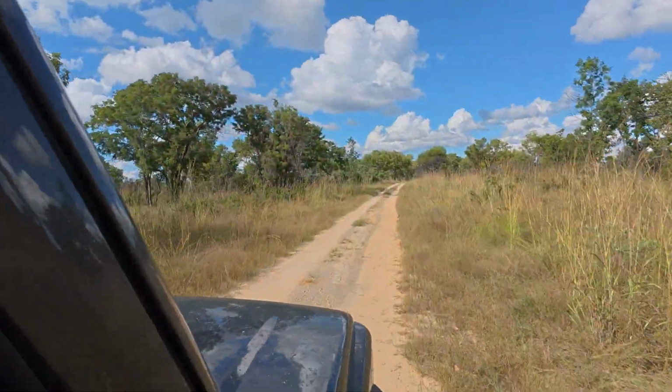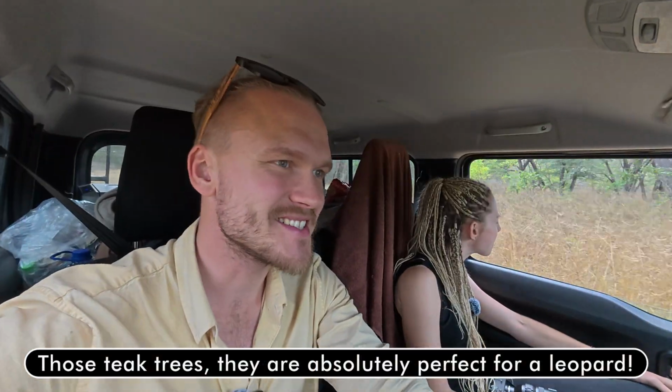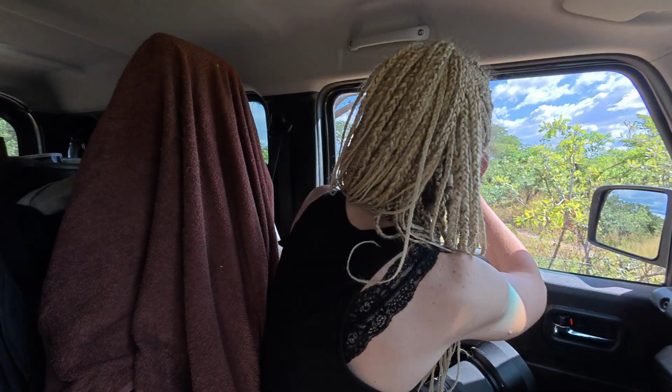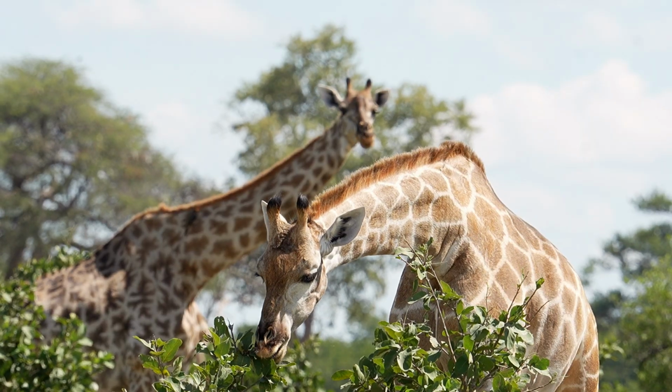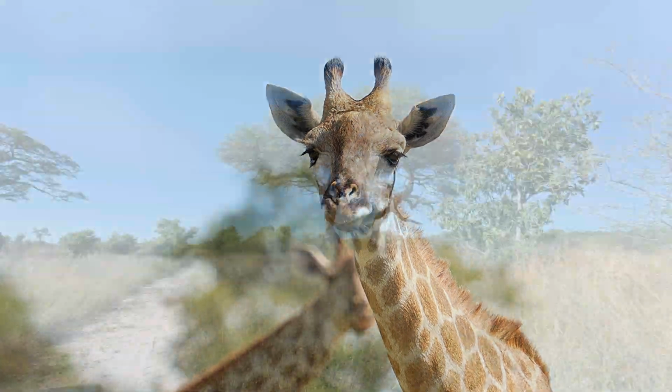As we got closer to the destination, our excitement only grew. Those teak trees, they're absolutely perfect for leopards. And perhaps it was superstition, but for some reason we decided to sing a song that last time brought us